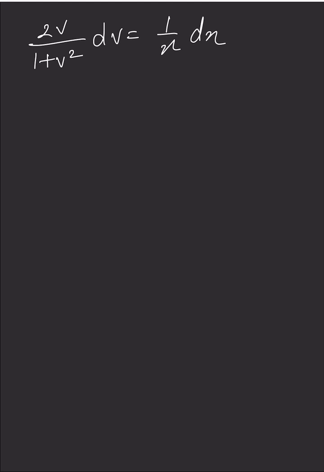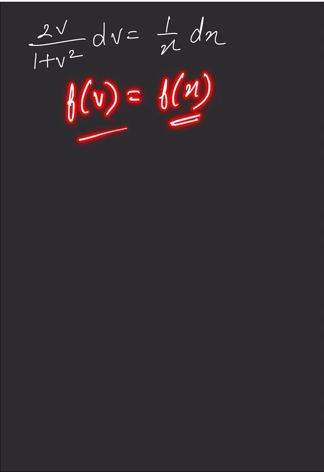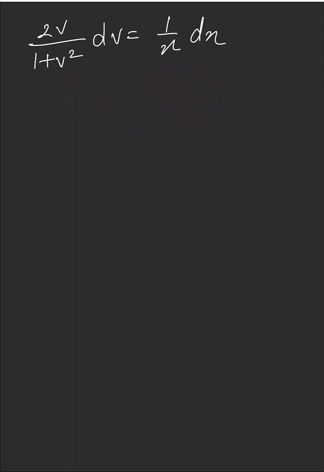Now if you see, it is variable separable form. You have f of v equal to f of x. That's it. Now what do we do? Integrating both the sides, we get